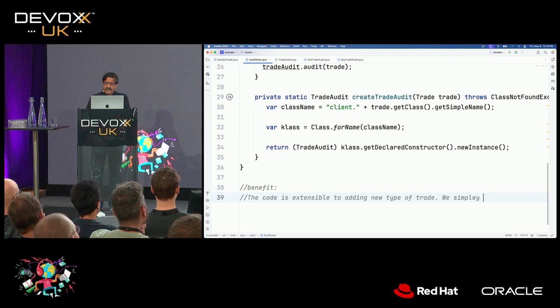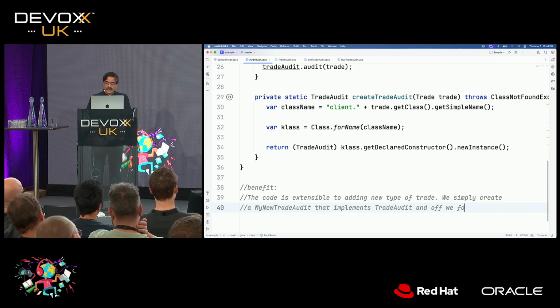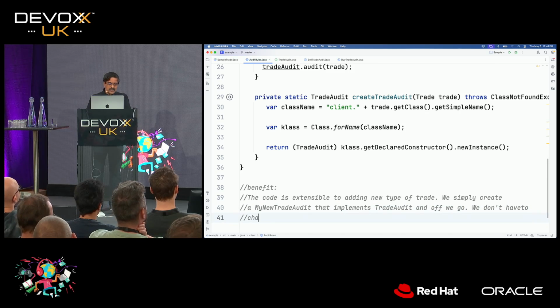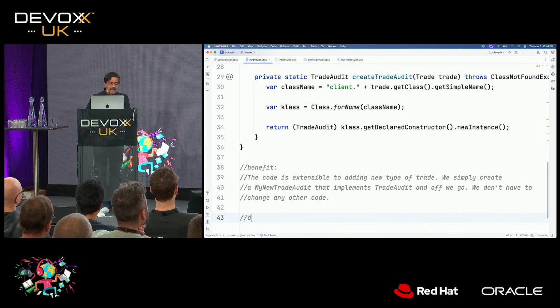We simply create, in this case, my new trade audit that implements trade audit. And off we go. We don't have to change, in this case, any other code. So there is definitely benefit to it. I'm not going to say there's no benefit. But what are the drawbacks?